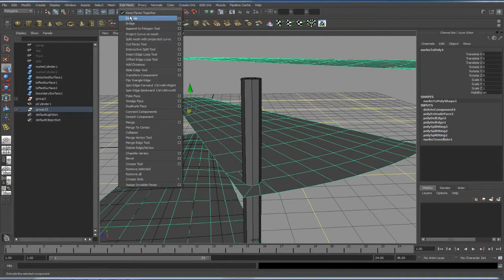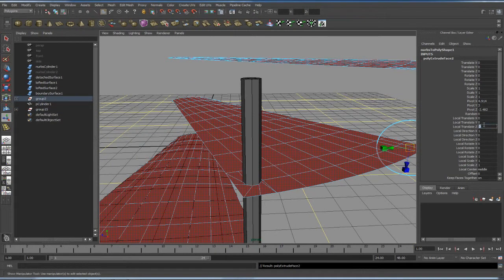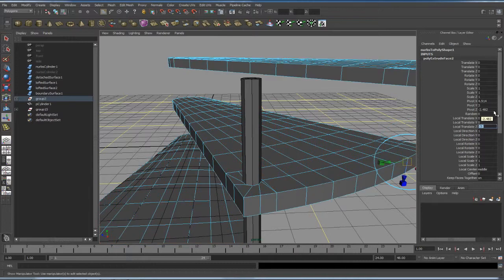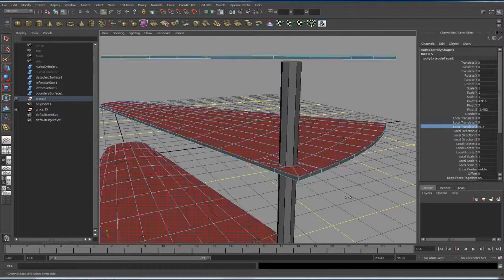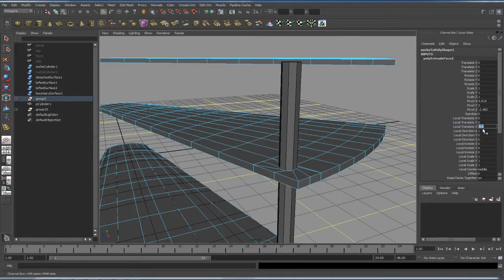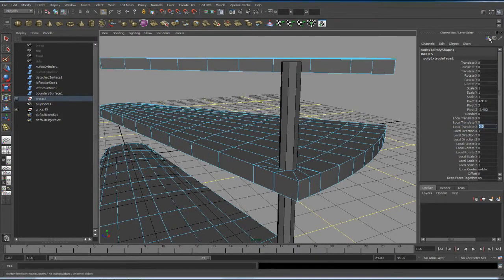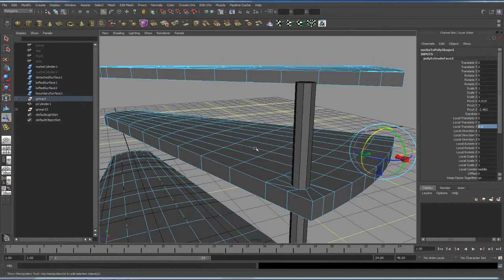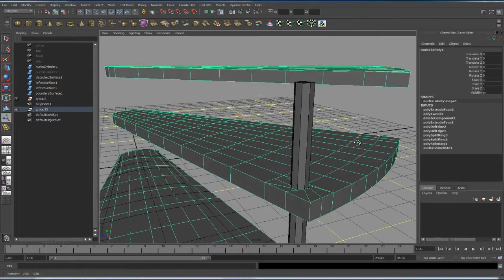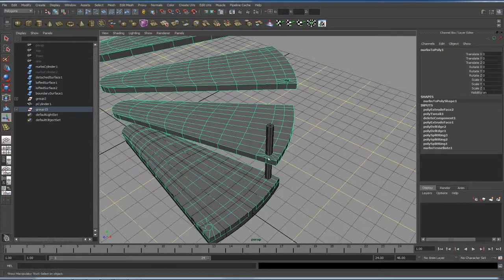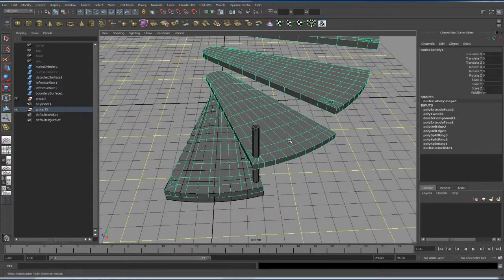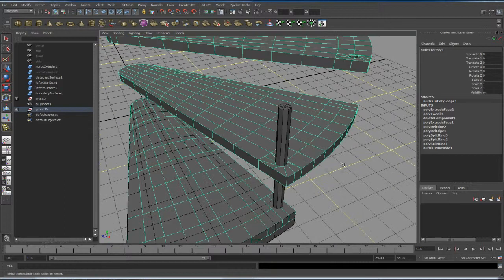In object mode, edit mesh, extrude, and then this time we're going to do 0.5 in a local translate Z. I actually think it's going to be, yeah, so we want it to push downward. That did move downward, didn't it? Yeah, so 0.5 is the better number. And that's nice, so we don't have to flip normals, because a negative number on the local translate Z means the normals would have flipped. So we've got a nice hole penetrating right there,